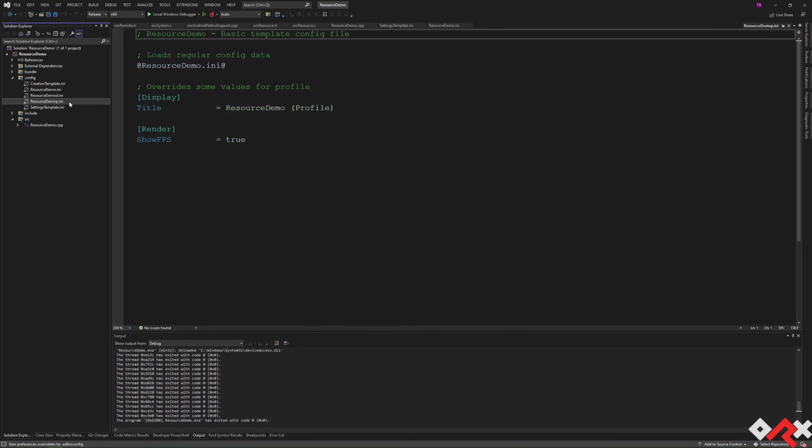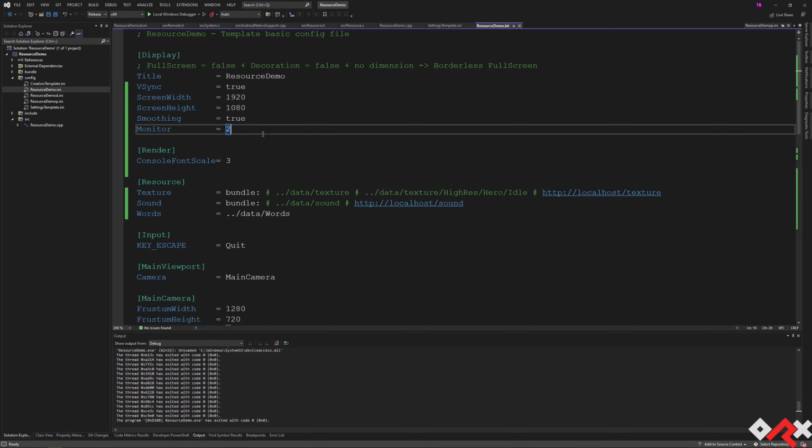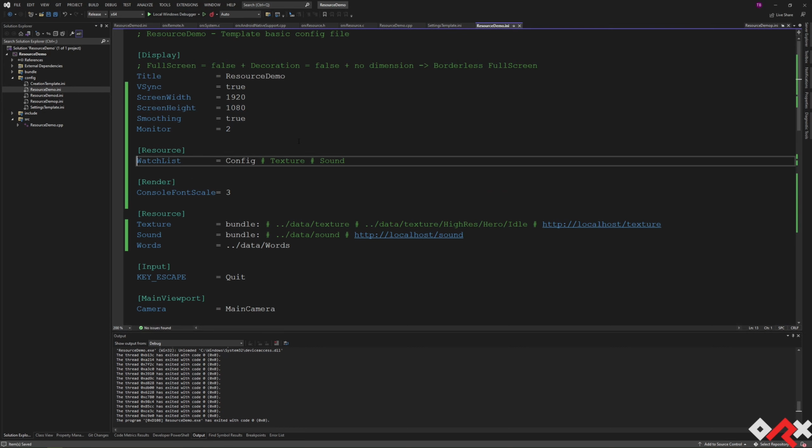And here, if we go to our debug one, we have the watch list that's defined. Let's define it also for release, so that we can just use our release build as if it was a development build. Here we're going to say, I want you to watch for all those groups: config, texture, sound. If something has already been loaded, and again, we're going to use the cache to know what has been loaded, and it's in the cache, if its timestamp has changed, and if the type that has loaded this resource has provided the getTime function, then we're going to reload the